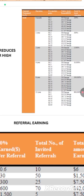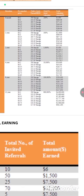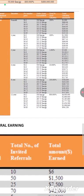So if you have tokenized $100 at $0.2, you'll be able to make $1,000 total minimum valuation. But if you have tokenized $100 at a pre-market price of, let's say, $0.55 in this slide, like we can see, if you count the line with me, that is 1 2 3 4 5. If you go on that total valuation account, 1 2 3 4 5,